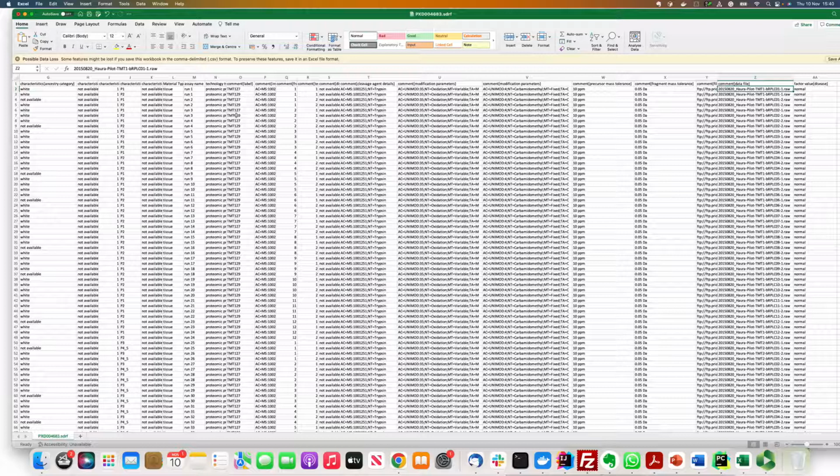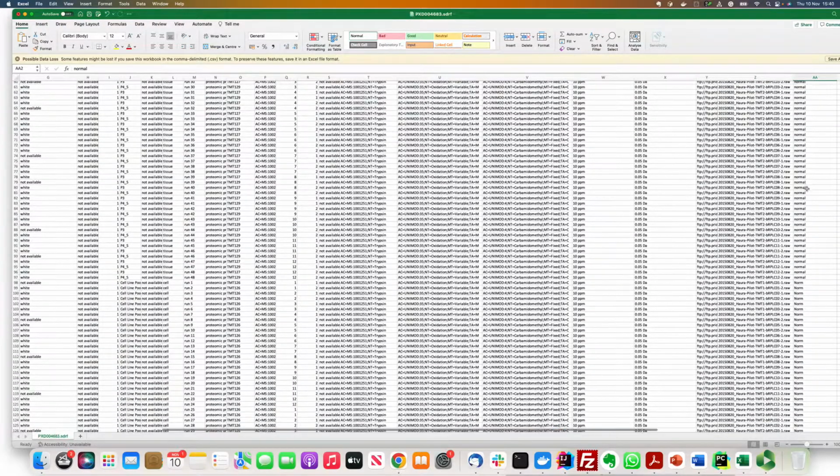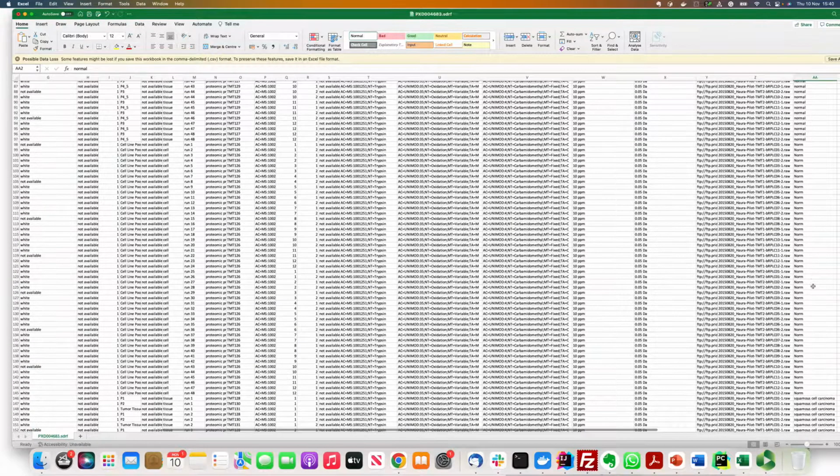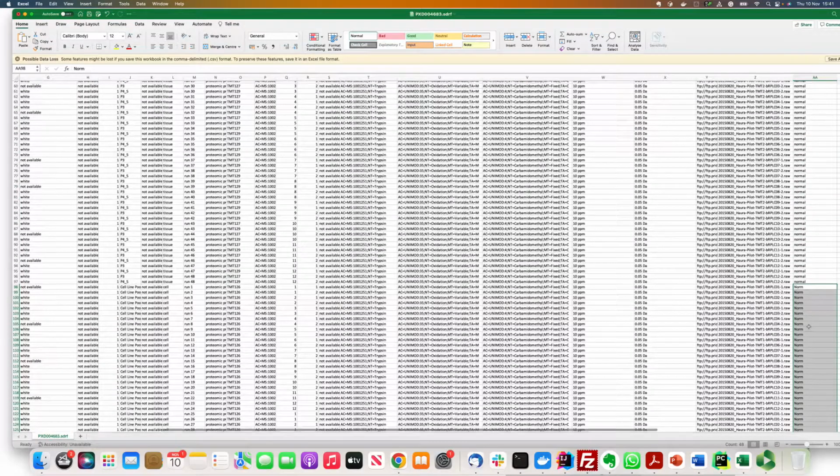You describe your entire experiment. You describe all the parameters, or most of the parameters, that are relevant for the type of experiment. I will put another example where fragment tolerance is not really relevant because it's a DIA experiment. And because it has the factor value, it knows what to compare: normal against squamous cell carcinoma. And this is a really relevant example because you have here something called norm. In a TMT experiment, you have something like a pool, where you put one channel that contains all the information to perform